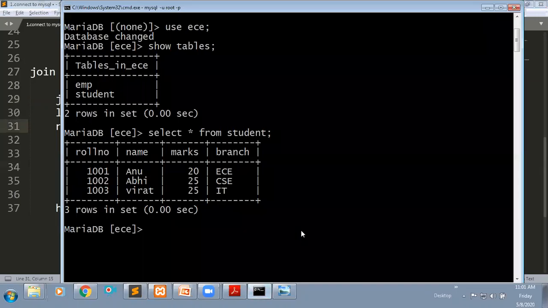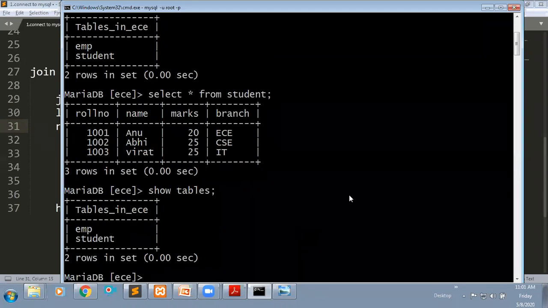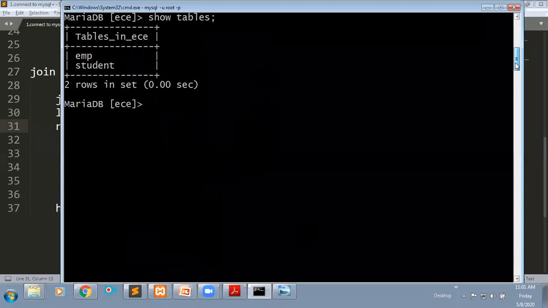For that, what I will do: in our database we have tables, the EMP table and the student table. I will select the data to see which data it has. I will write the code for that. First is the student table.